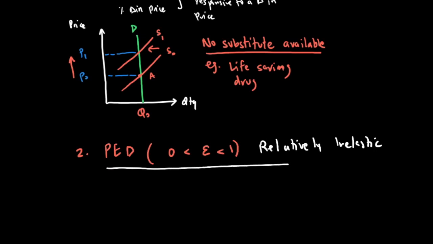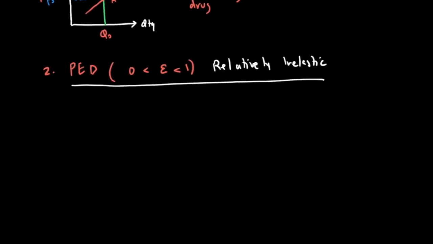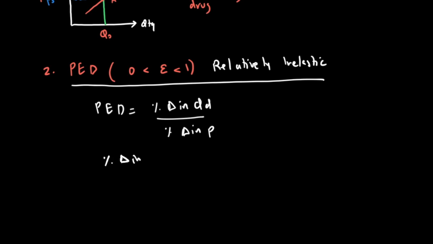So if you have a relatively inelastic good, the first thing when we look at the formula for PED is PED equals percentage change in QD over percentage change in price. The only reason why the value will be below 1 is where your numerator is less than your denominator. If your numerator, which is percentage change in quantity demanded, is less than your denominator, which is percentage change in price, we will have a value of PED less than 1, which would mean I'm looking at quantity demanded